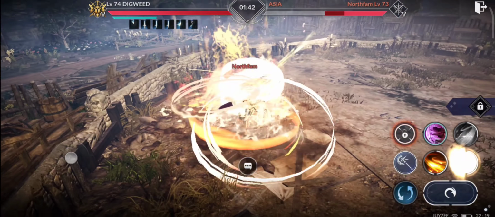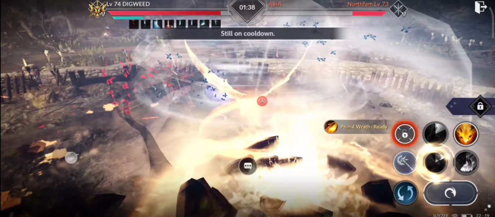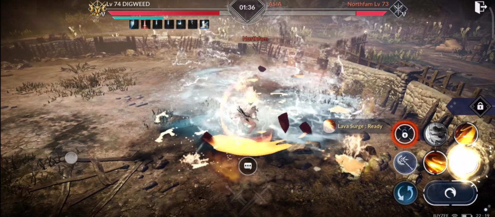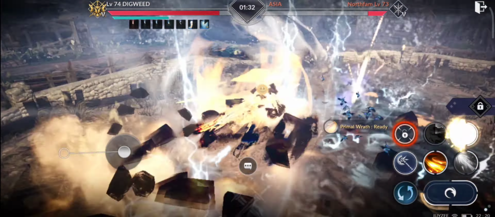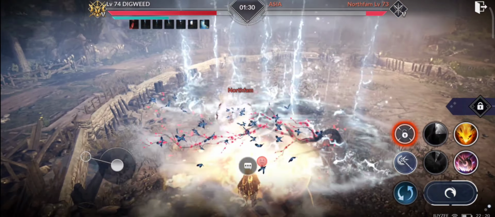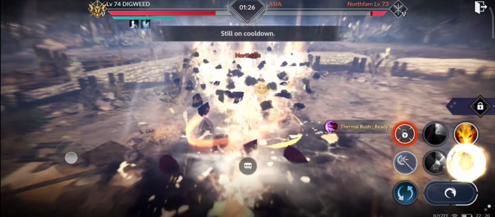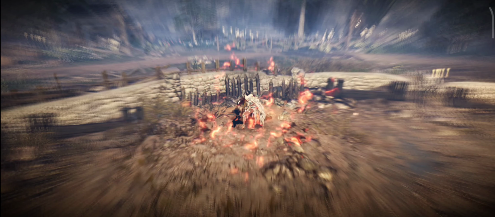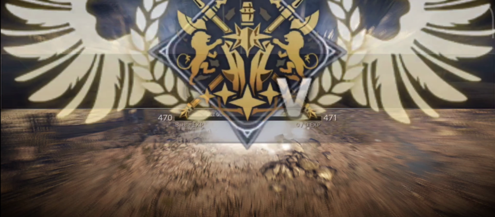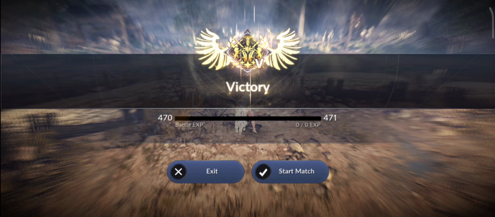Okay, as you can see there, it deals just above half on a low roll. Alright, so I just want to threaten this part a little bit. Okay, and this should be game. Yeah, there you go. Alright, so the combo that I'm currently using is Thermal Rush into Collapsing Sweep into your...